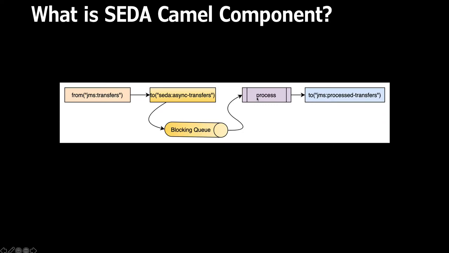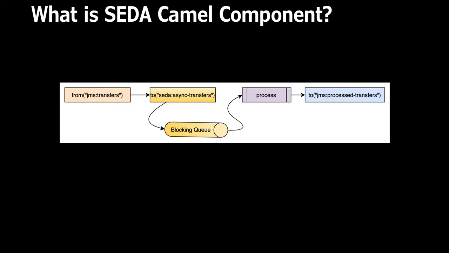If, let's say, I had a processor sitting over here, and it had modified the message, the same modified message will be traveling on my SEDA. If SEDA is modifying something, when I'm sending back to the processor or this route, the same modified message will carry. So this is a very nice way of making a synchronous route asynchronous for faster processing. All right.